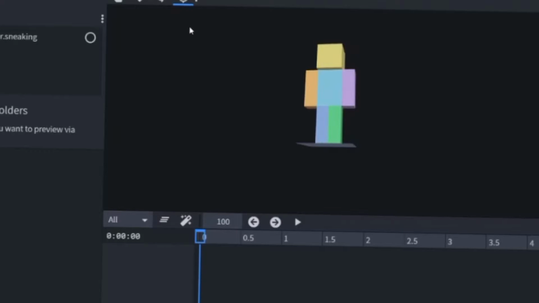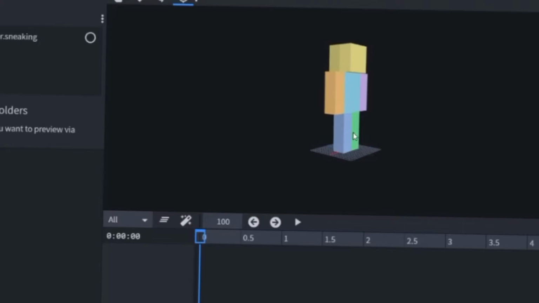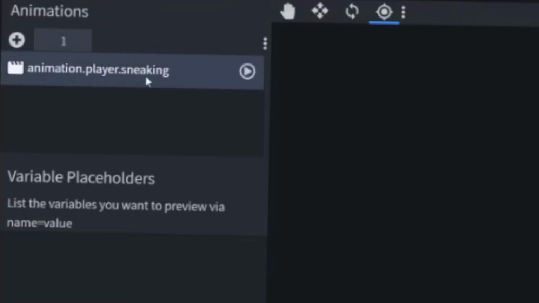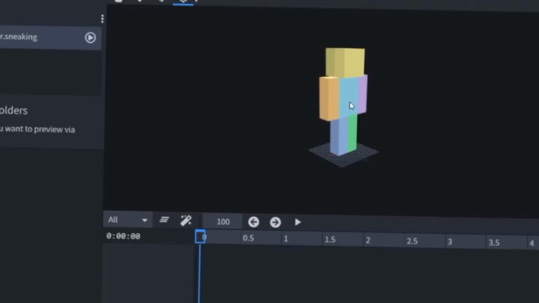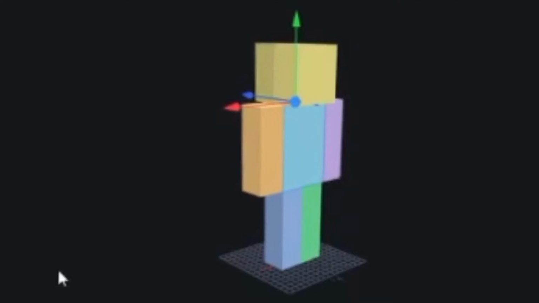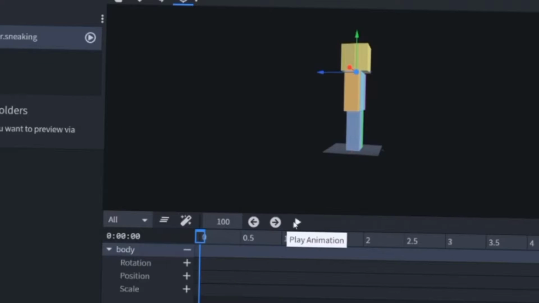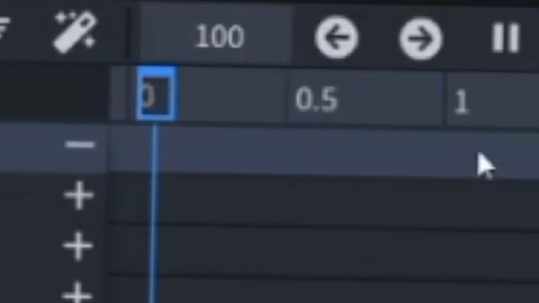We're just going to be making a basic animation. I decided we're going to be making a Naruto run animation. Click on your animation so that way it knows which one you're doing. Okay, you want to click on a body part just like this, and you just want to start moving it. And remember, the animation is only 1 second long, so it's going to stop about here. So if I push the play button, it's only going to go there, and it's going to loop itself. It's going to go through all the keyframes, which I'm going to show you what the keyframes are in a